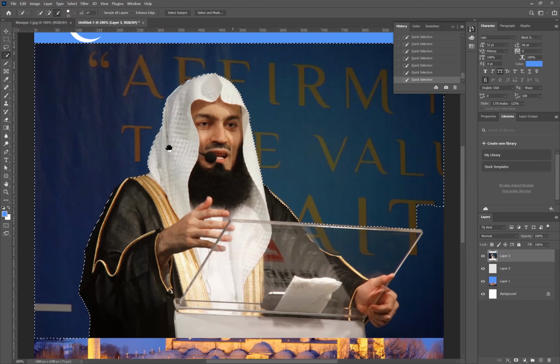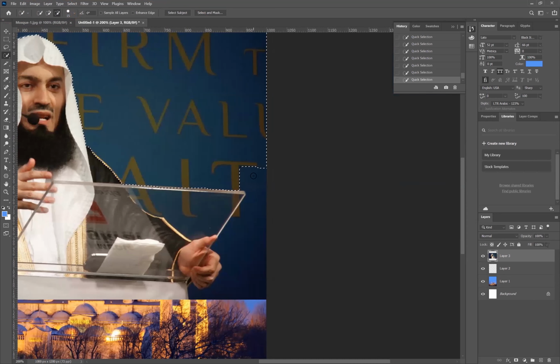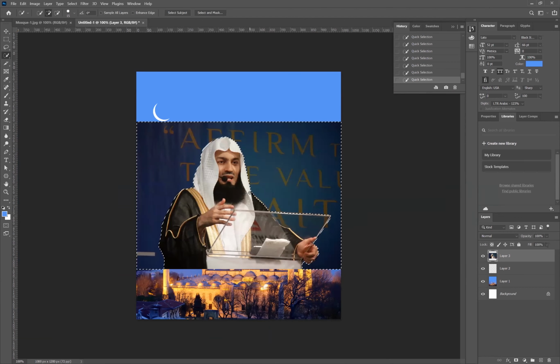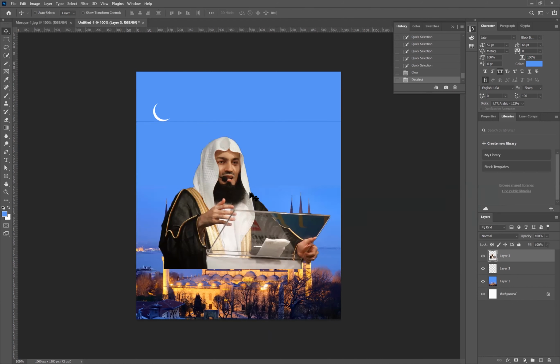Okay. So I will come back. If I want to select this area, how can I do it now? See, the mouse pointer is minus now. First I have to choose the plus sign, then bring it here. Okay. Now zoom out. How to zoom out so that I can see the whole picture? Control minus. I have selected the whole background. Now if I press the delete button, see the Mufti Menk picture, the background we have deleted very successfully.